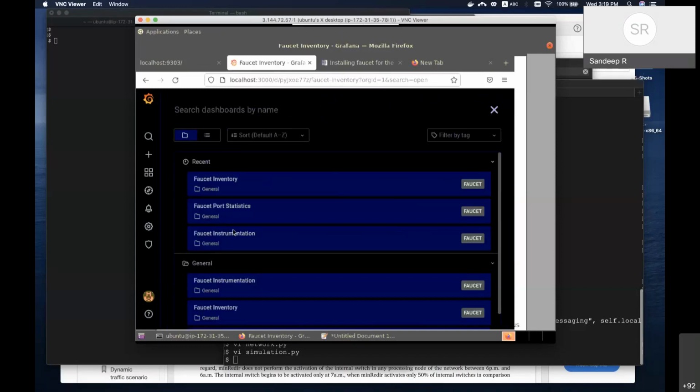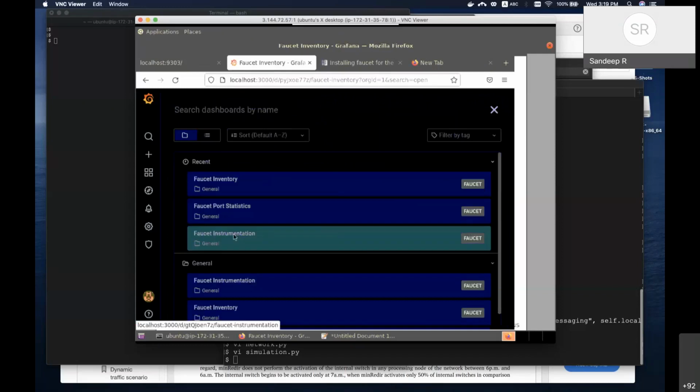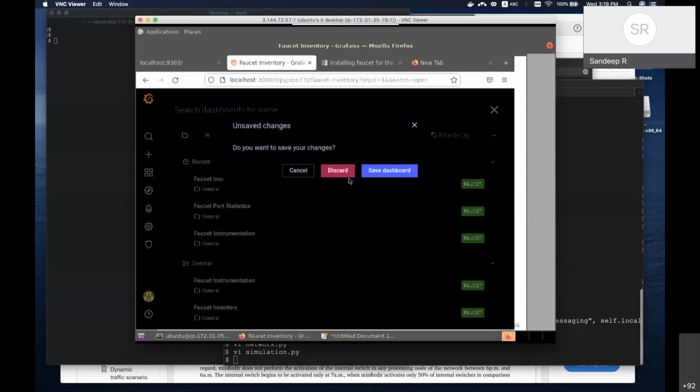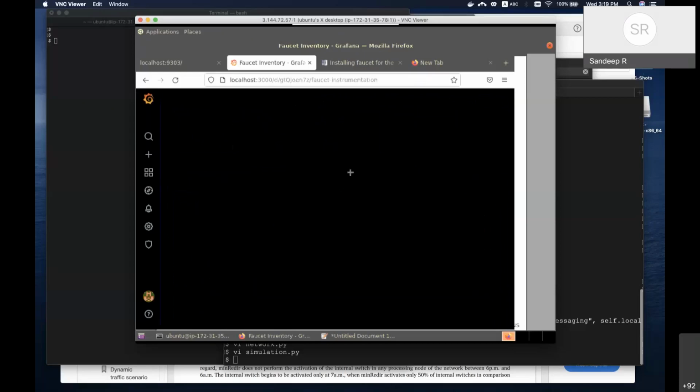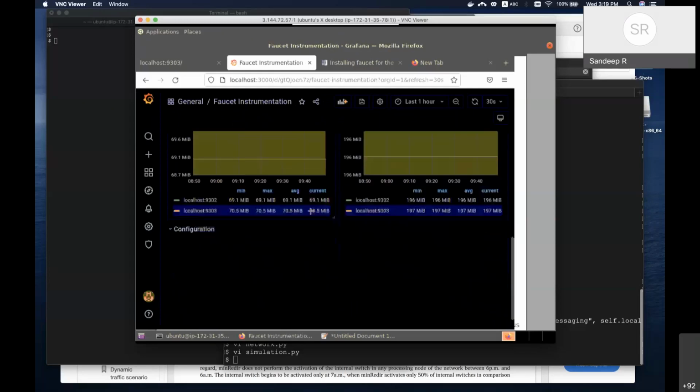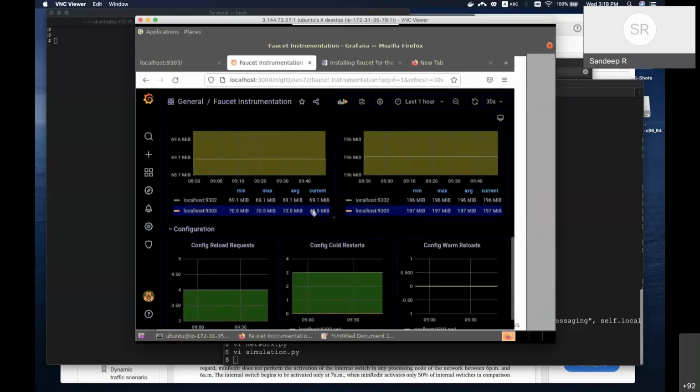And then we come to instrumentation, and this is where you'll see this card. Instrumentation means each of these switches can be running on a VM, or a virtual machine.